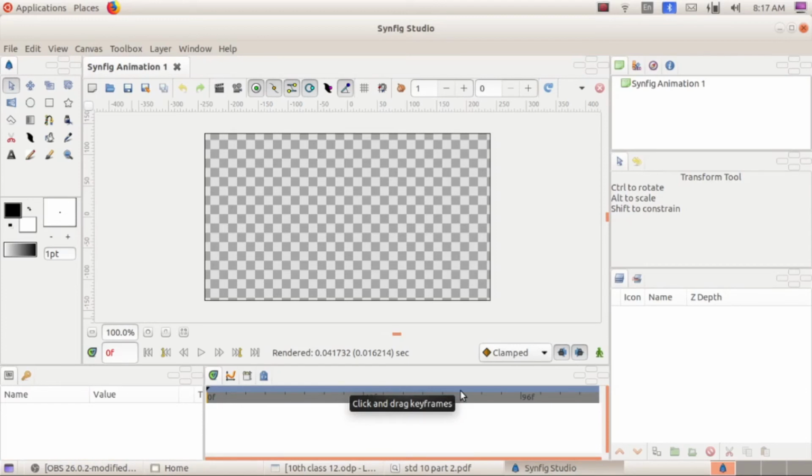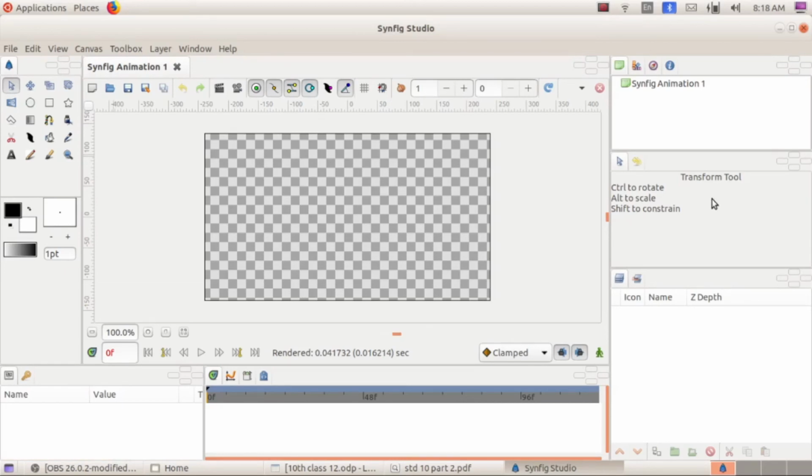Here we are not drawing any pictures. Here we are going to do animation, moving images. So this is the time track panel. And the last panel, here you can see some things, is known as the layer panel. So how many panels are there? One is the canvas. Here is the tool panel, which means toolbox. Here is the parameters panel. Here is the time track panel. And the last and final one is the layer panel.